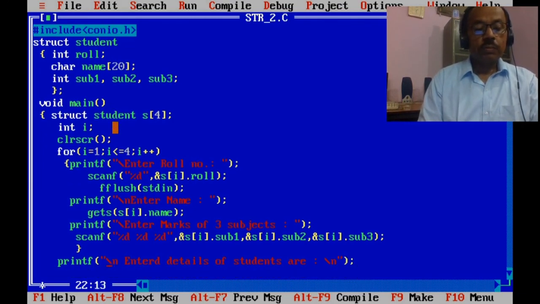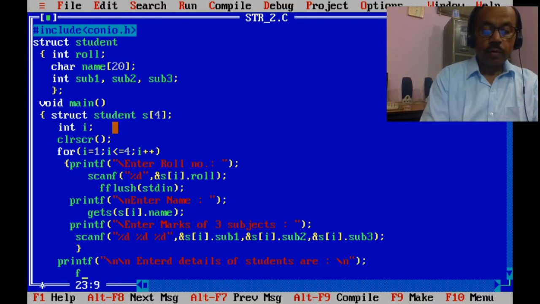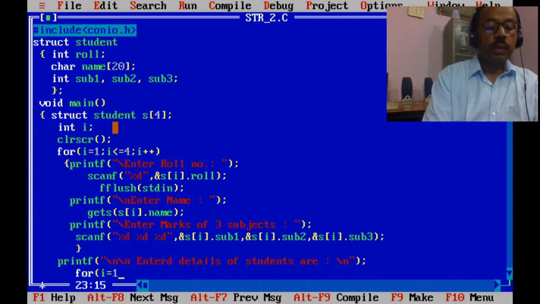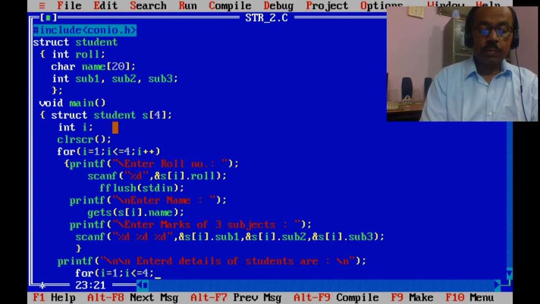To specify some space we put here a 2 line gap. for i is equal to 1, i less than equal to 4, i plus plus.